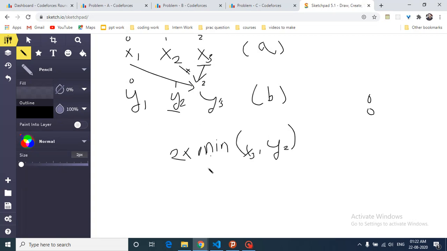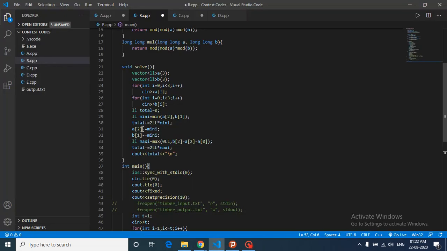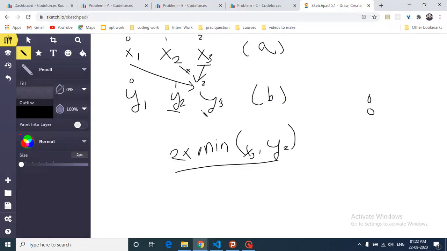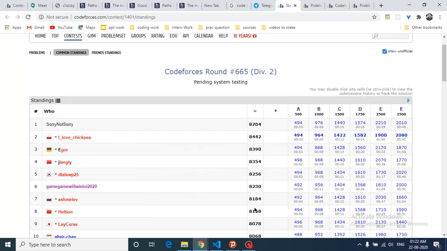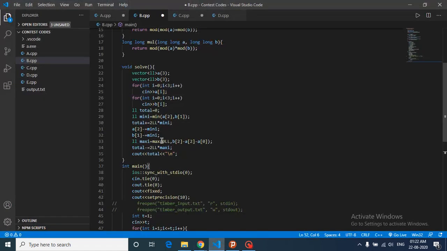Okay, then what we will do here is find out the next maximum value. Maximum is some variable in which I will see how much I will satisfy b2. b2 is this number, which is b and 2. How will we satisfy b2? We will satisfy this with this variable and this variable. This variable is a2 and a1. So we will satisfy this with a2 and a1, sorry, a1 or a0.